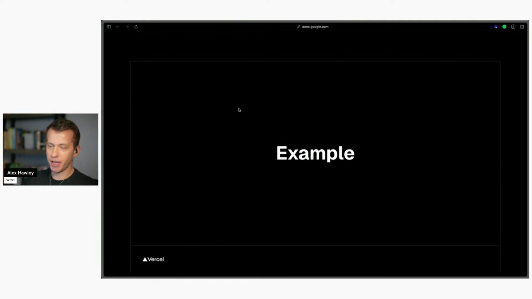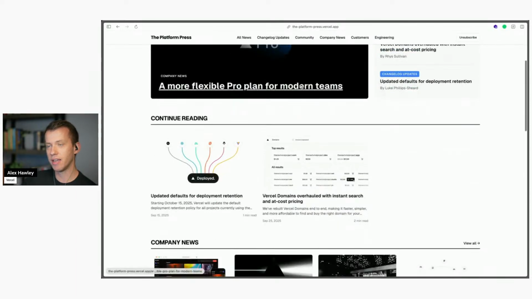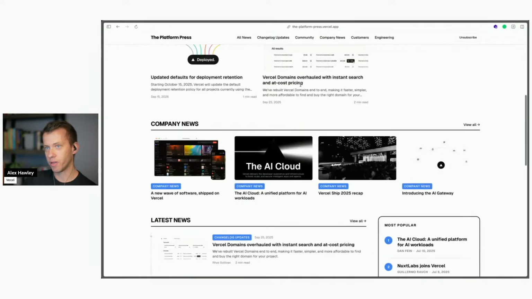All right, so the example that I had, shoot. So this was, let's see, how far do I have to go back? All right, let me run through it again really quick. So the demo that I had was the platform press. It's this application, this news media site. I already kind of voiced this over, but this is like a mock news website, pulling content from Contentful,